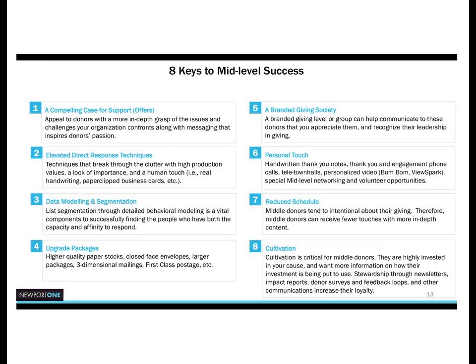A reduced solicitation schedule. Again, I'm a direct mail guy telling you to reduce your frequency here, so we should stop and listen to that real quick. With mid-level donors, we often find that when we reduce the frequency, the value per donor goes up. Depending on your frequency, if you mail your donors right now 5 times a year, then reducing by an appeal or 2 might not get you the same kind of lift. But if you're mailing 18 or 20 times a year, or even a dozen, and you reduce that contact frequency,